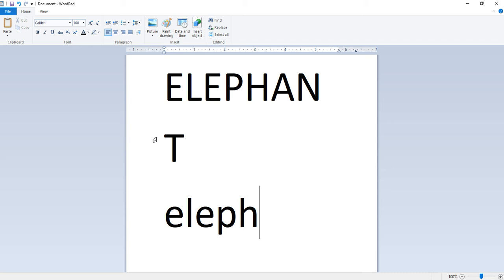Saving a document on a floppy disk. Our document can also be saved on a floppy disk. This makes it possible for us to carry the document from one computer to another. Floppy disk here means we use a pen drive.